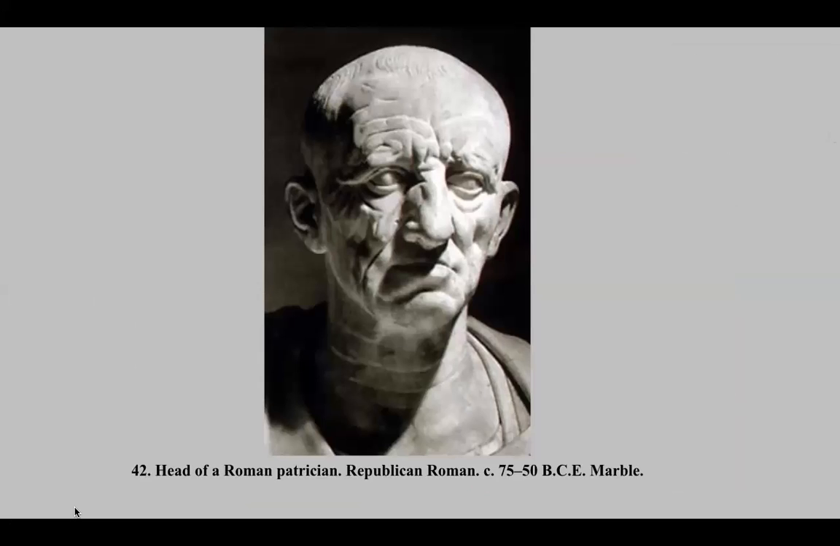And this is the head of a Roman patrician. So this tells us about his social status. Remember that the Republic had two classes of people, or basically two classes of people, the patricians and the plebeians, right? So the patricians were the wealthy elite who basically held all the power, right? So this one tells you it's Republican Roman, right? And it's made out of marble,